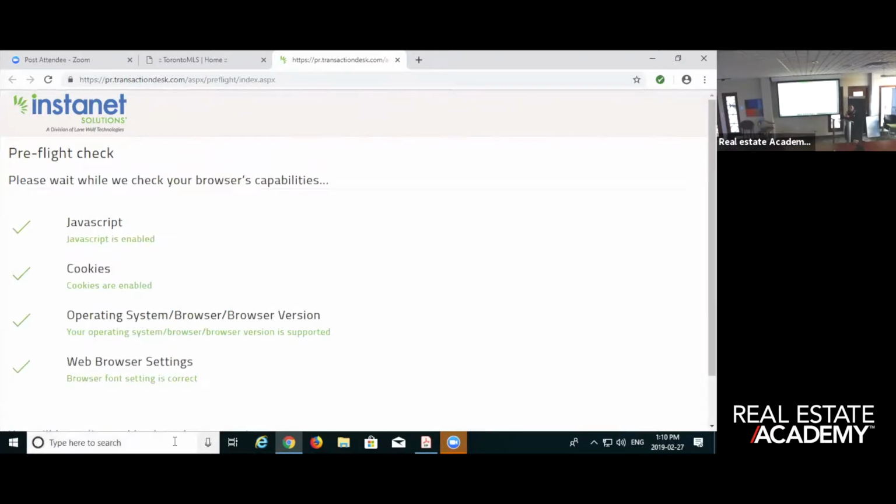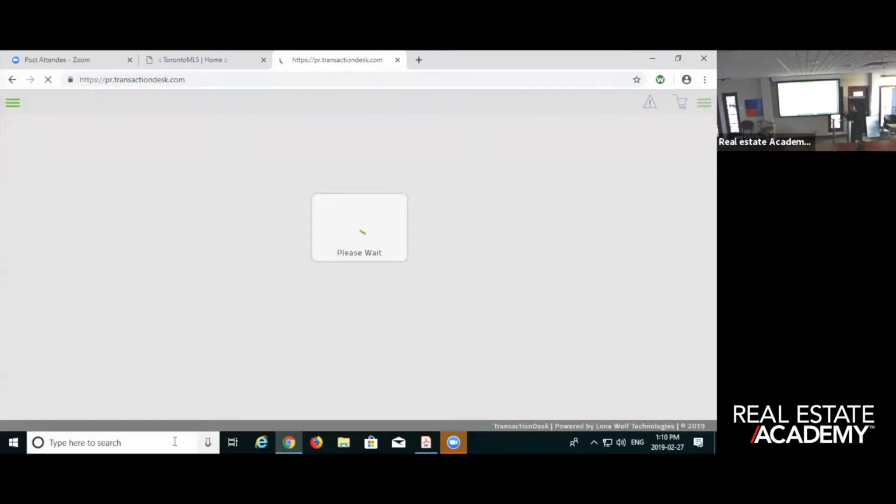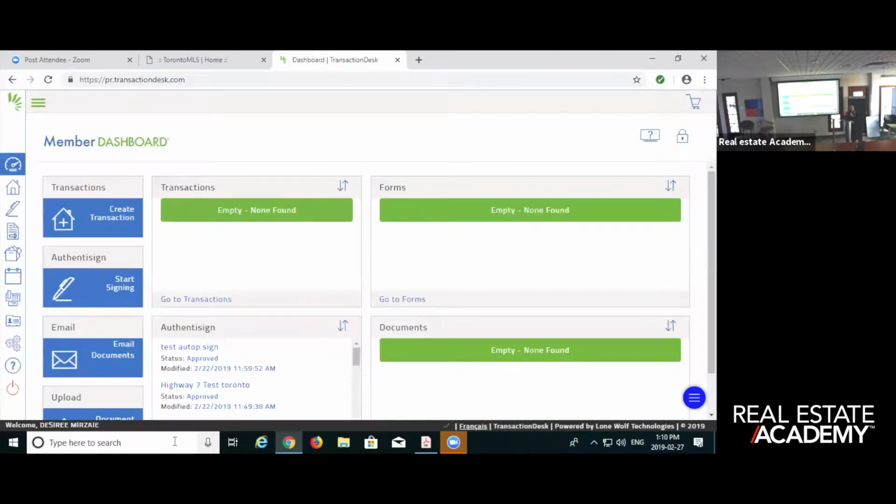I will show you the first part of Authentisign like this, okay? And then I will show you how, from your web forms, and that's the final part, you can actually link it to Authentisign, okay? If you want to link your web forms,